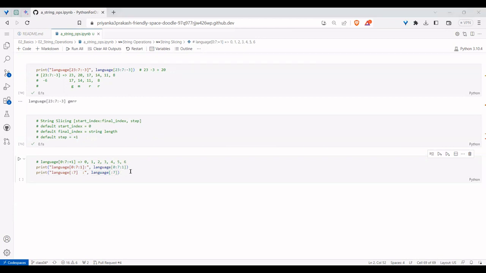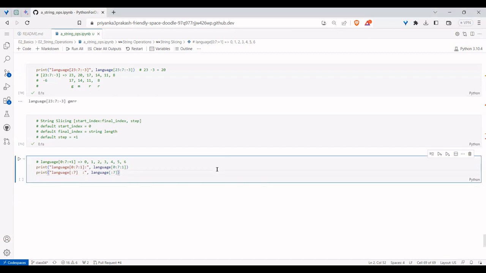Whatever you have given is the step. So the default start index will be at colon 7 and the default step. Now tell me what will be the values, as you didn't give these values.